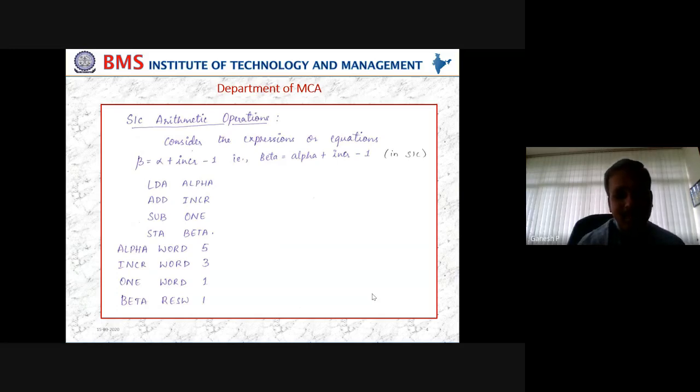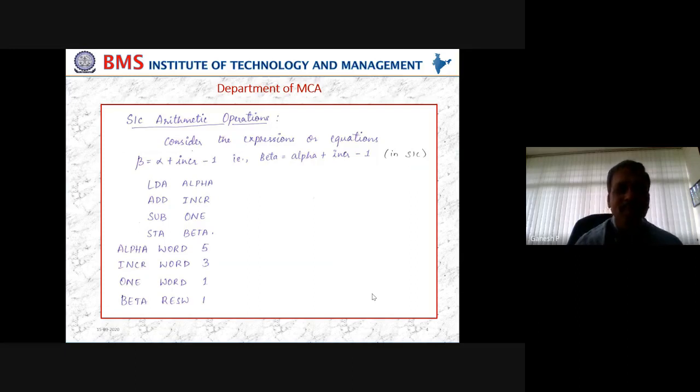The other operand will be considered from the accumulator. So what is there in the accumulator now? Alpha is there. What is there in INCR? INCR value is there. We are adding both of them. Thereby, we are performing alpha plus INCR. When you do that, alpha plus INCR, the sum, the result will be stored in the accumulator. So what is happening here now? Accumulator is being used as both source as well as destination.